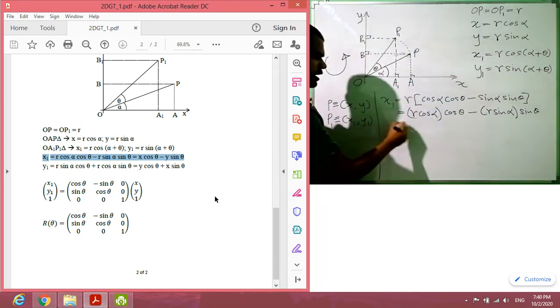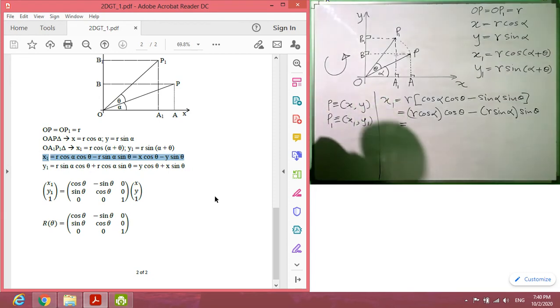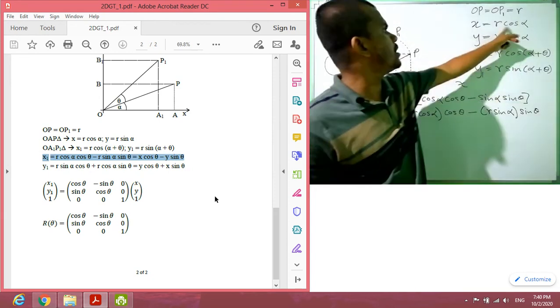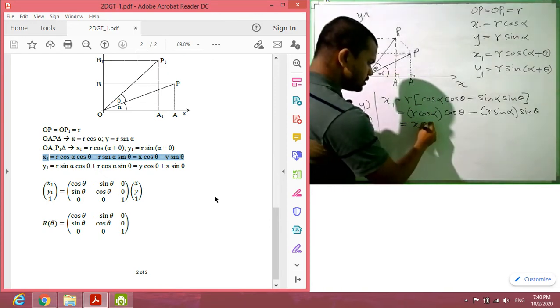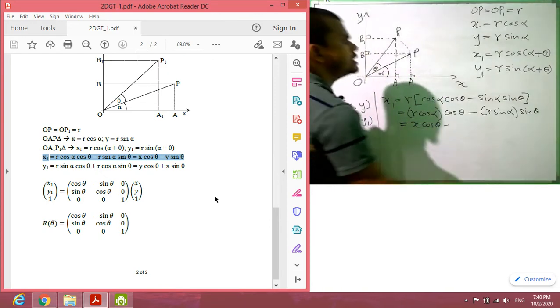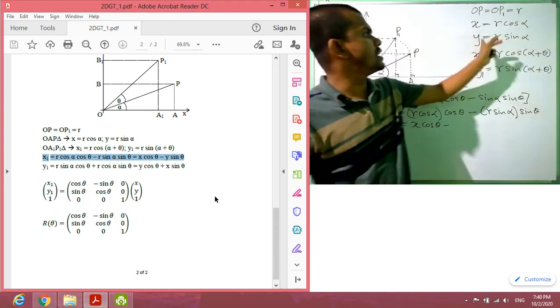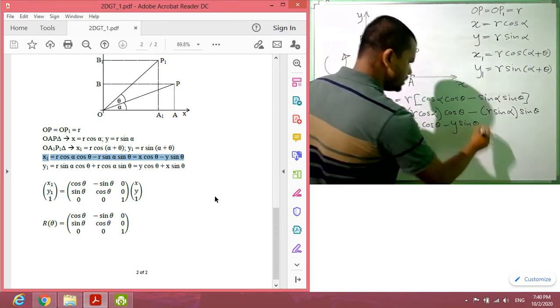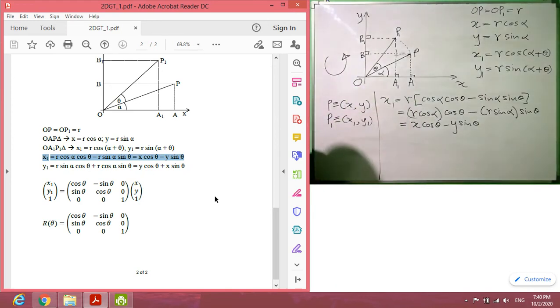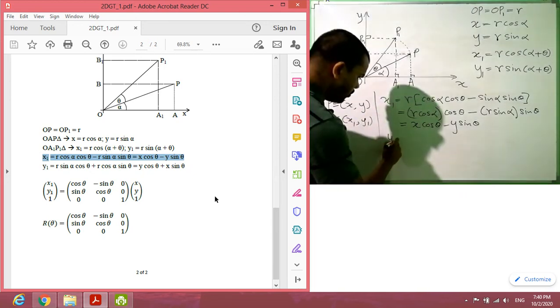Now for the R cos alpha we can substitute x, and for R sin alpha we can substitute y. So x1 equals x cos theta minus y sin theta. Then for y1,